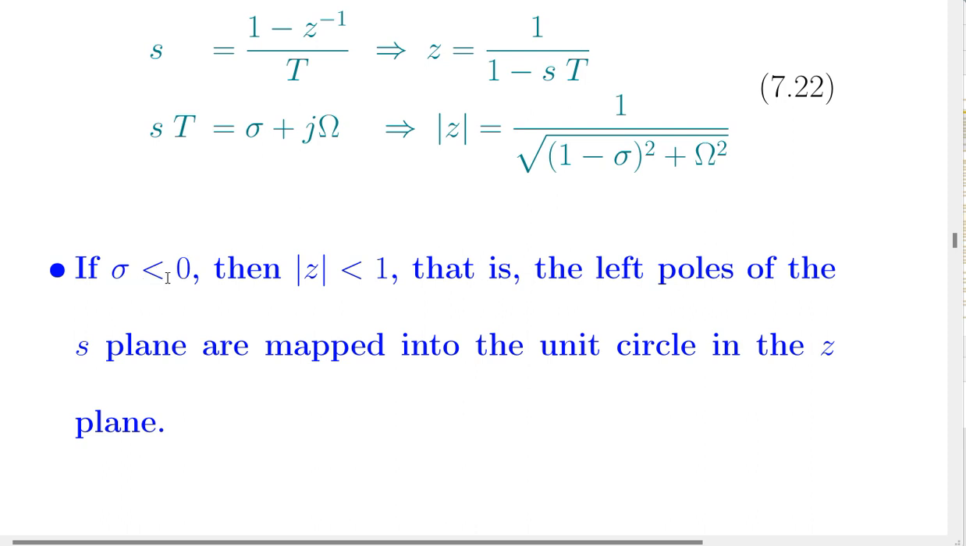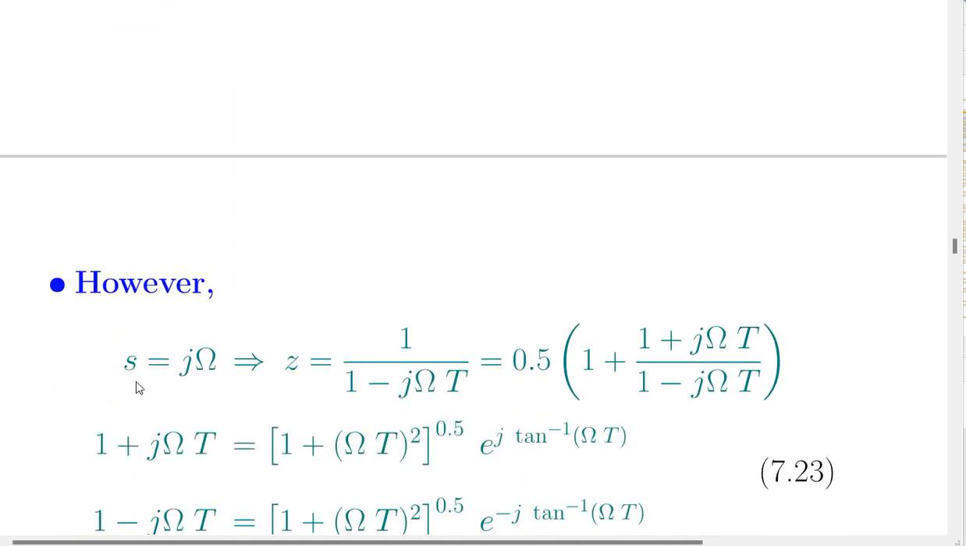Now, if sigma is less than 0, the left part, then abs of z is less than 1. It seems completely normal and good. That is, the left poles of the S-plane are mapped into the unit circle in the Z-plane. But